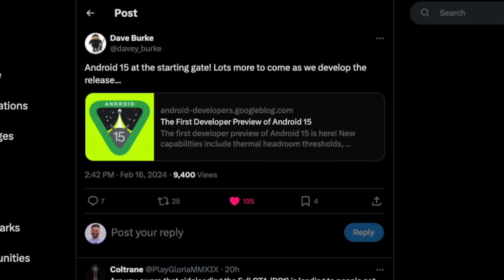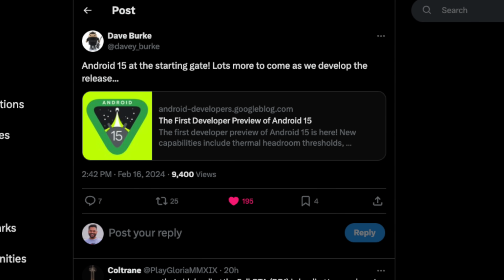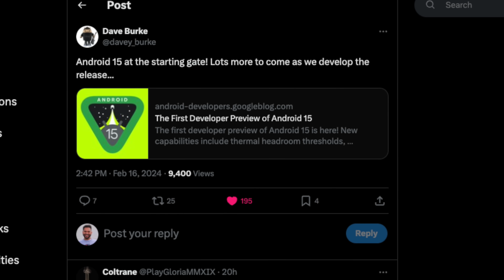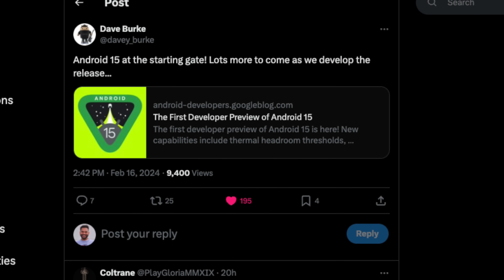Dave Burke, currently the Vice President of Engineering for Android, did post a tweet saying that there is lots more to come, so I'm expecting some more surprises down the road,